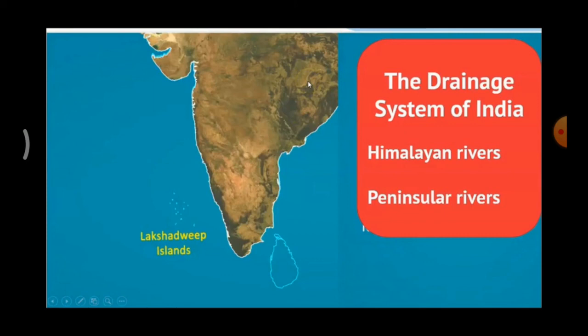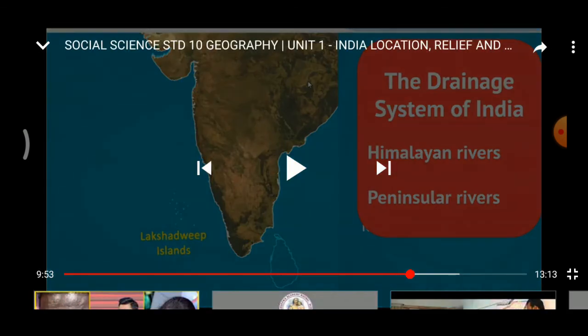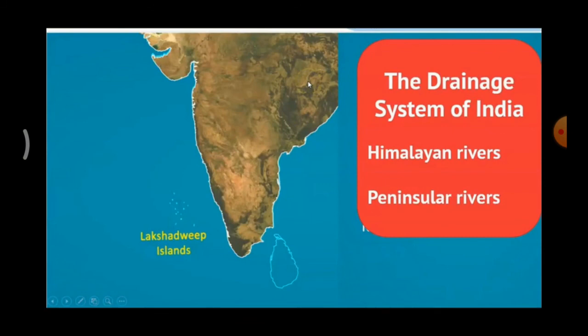First we are going to see the Indus river system. The Indus river is one of the largest rivers of the world. It originates from the northern slope. The major tributaries of the Indus river are Jhelum, Chenab, Ravi, Sutlej and Beas. Next one, the Ganga river system. The Ganga river system is the largest drainage system in India. The combined river of Ganga and Brahmaputra creates the world's largest delta, known as Sundarban. That delta name is Sundarban.